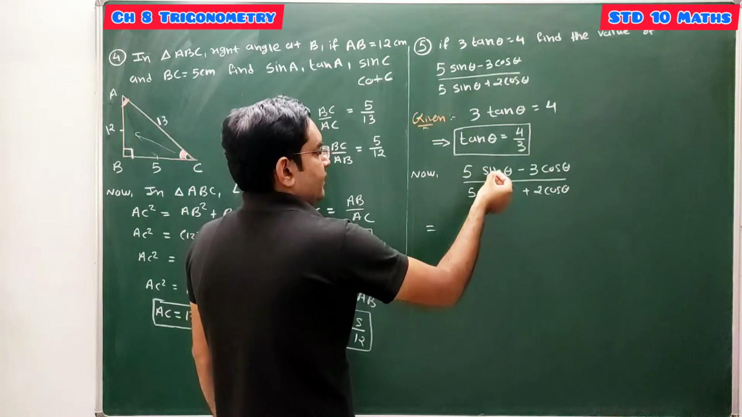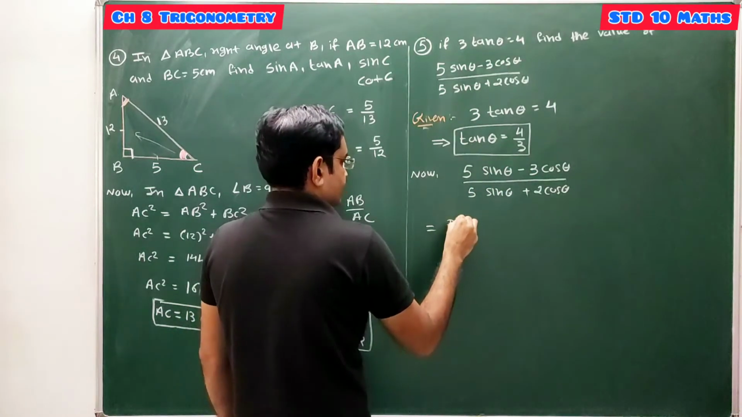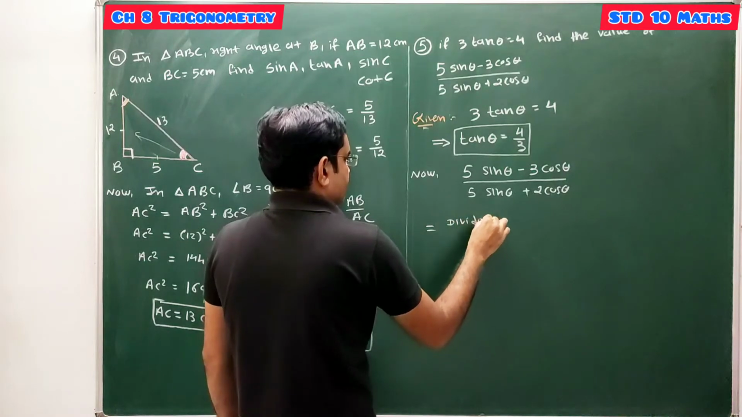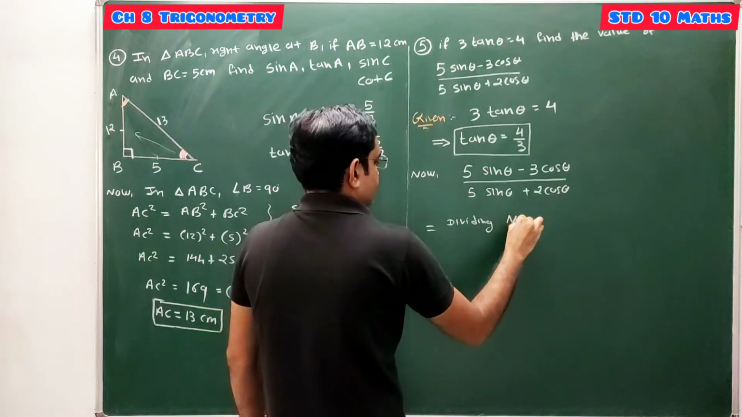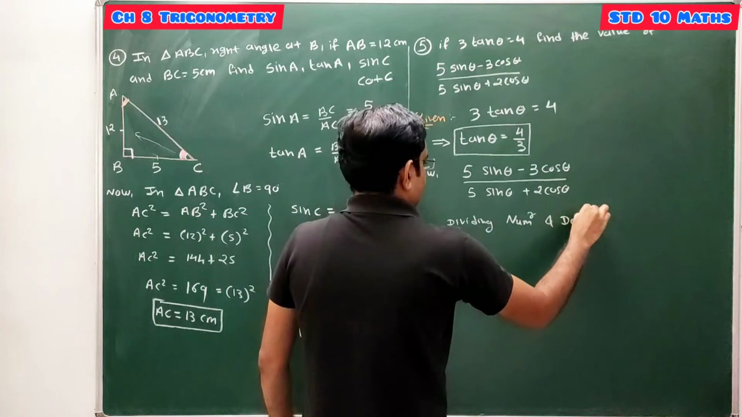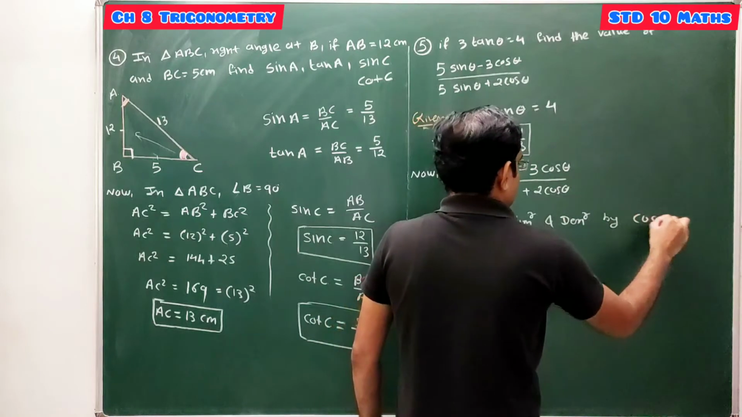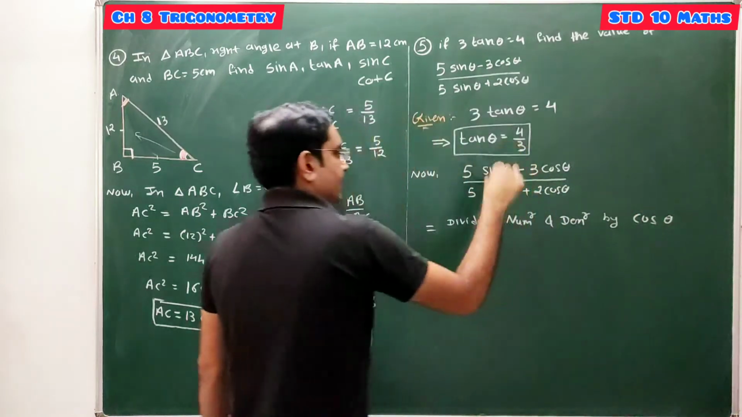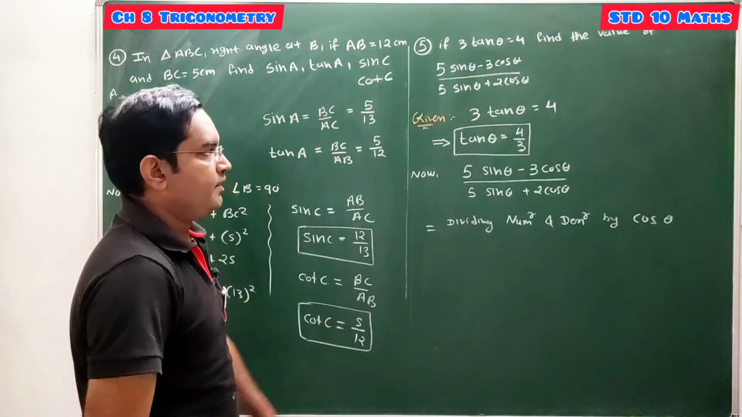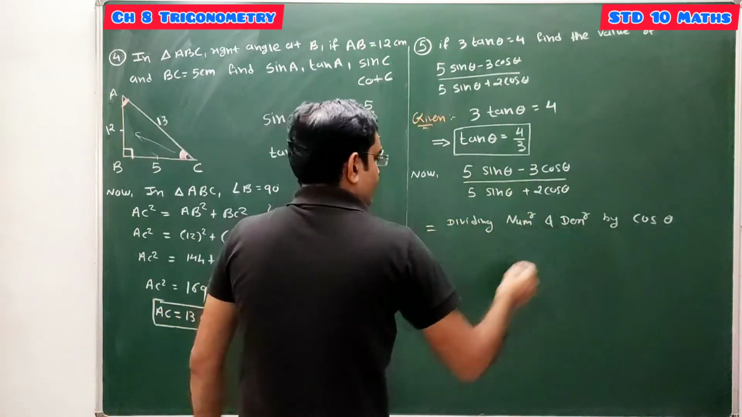Taking common, or you can say divide numerator and denominator by cos theta. Dividing numerator and denominator by cos theta, है ना, क्योंकि हमें पता है sin थीटा बाई cos थीटा tan थीटा होगा। और क्यों tan थीटा? कि tan थीटा इज गिवन। तो यहाँ पर न्यूमरेटर और डिनोमिनेटर को cos थीटा से डिवाइड करेंगे।